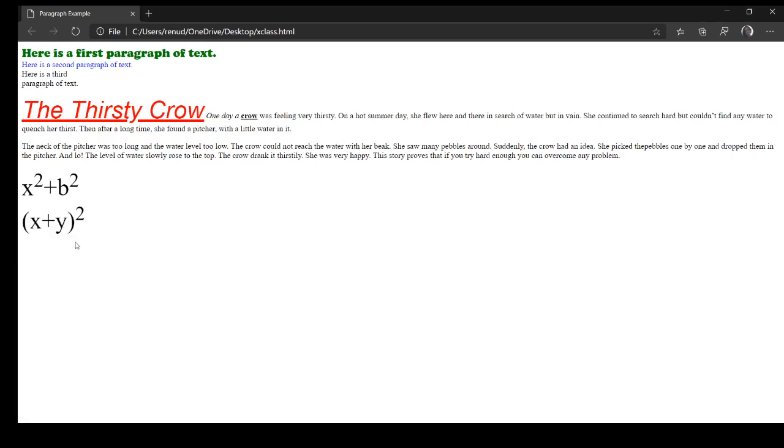So this is your SUP tag, and these two come with the SUP. Just before the 2 you write SUP, after 2 you close the SUP, and SUP stands for superscript, and superscript means just write the simple normal text just above the baseline, just above the normal text. So again you can minimize it.